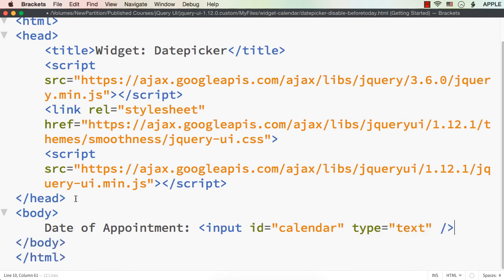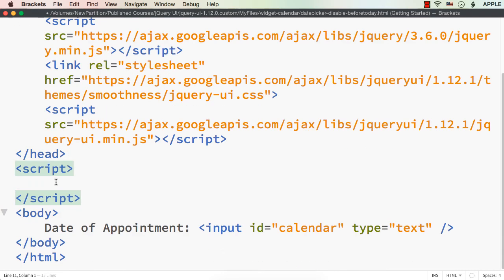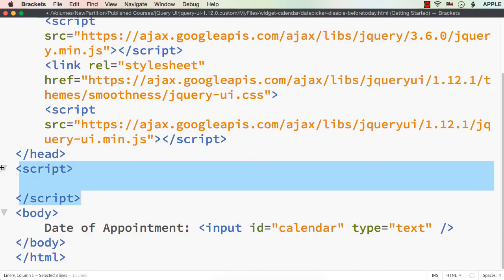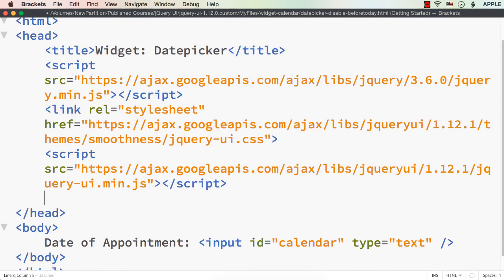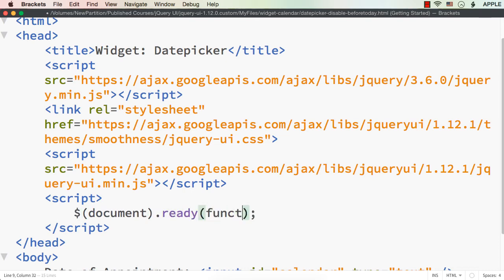Next, we need to have the jQuery code to disable the required dates. So first, let me have the script section, and let me add it inside the head section, okay? And then let me add the document.ready event: $(document).ready function, open and close parenthesis, open and close curly braces.